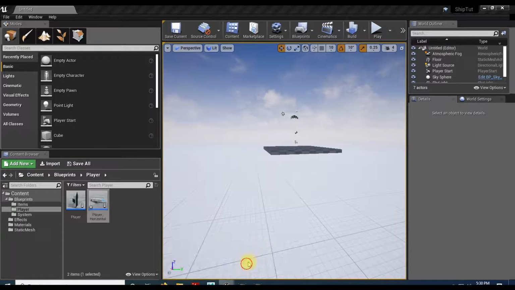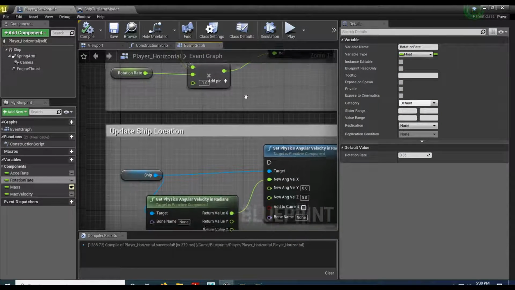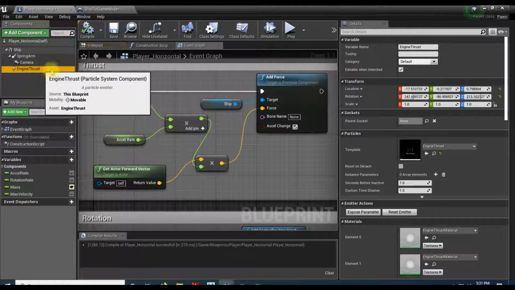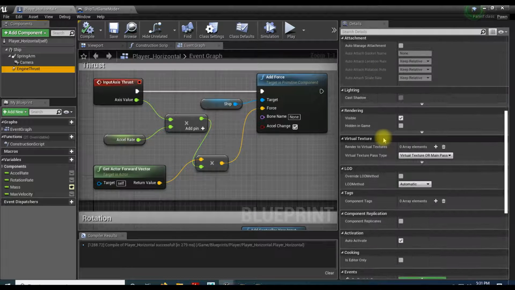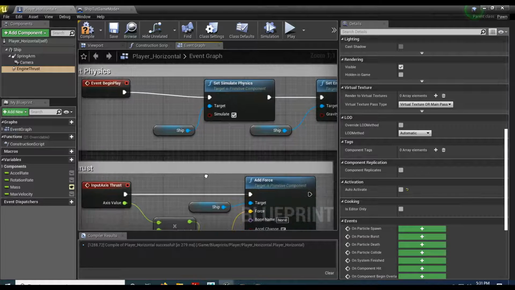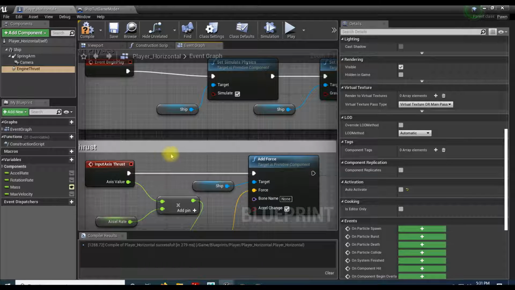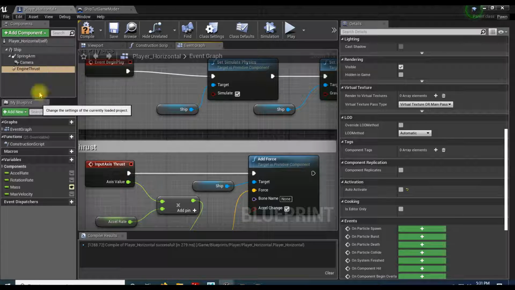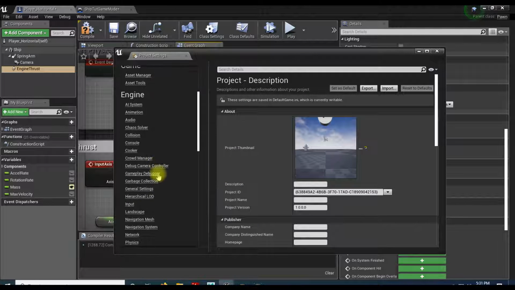Let's adjust for our forward. Let me grab that thrust. I'll turn the thrust off. So auto activate, I'll turn that back off. And I want to be able to go up and down using the W and the S key. So go to project settings, go back to input,